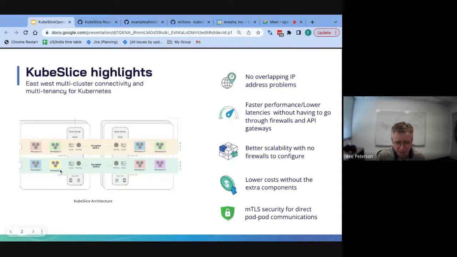Again, from the perspective of an application, you just have a service that just looks like any other DNS service, and you go talk to it, and the overlay network will route the traffic there. So we believe we have a lower cost option by doing this because, again, you don't need those firewalls. And it's possible to deploy MTLS, and we're going to talk about that more later, but it helps to let you ensure that your applications that are extended across multiple clusters are still actually who you think they are.